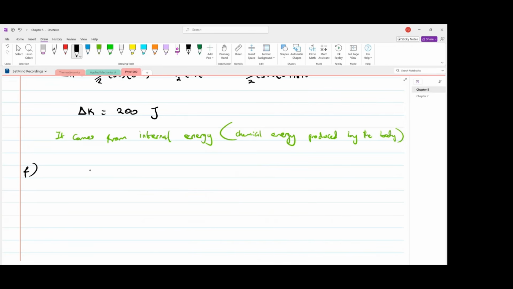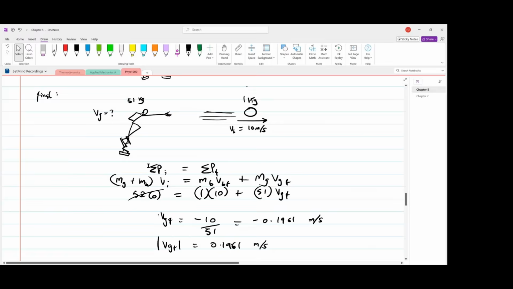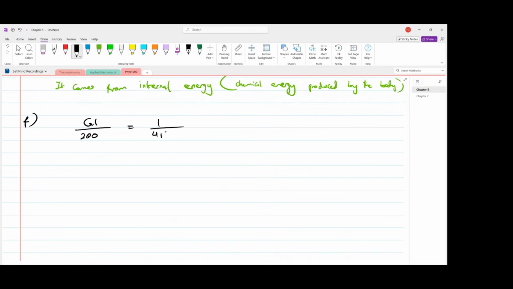So we can just say calories over 200 is equal to 1 over 4184, right? So 1 calorie is 4184 joules. We want to see how many calories is 200. So the number of calories becomes 200 divided by 4184, which becomes